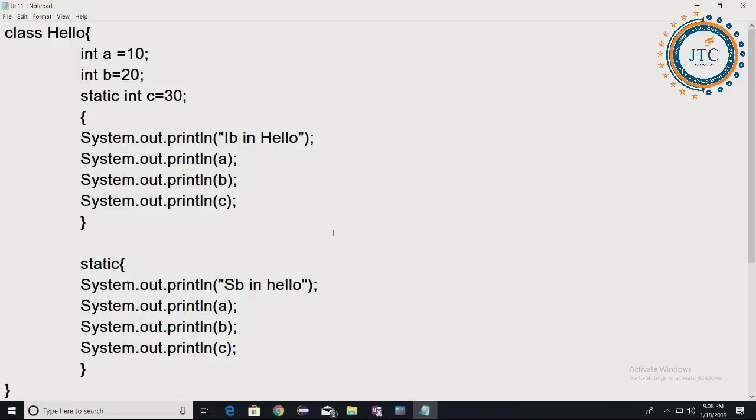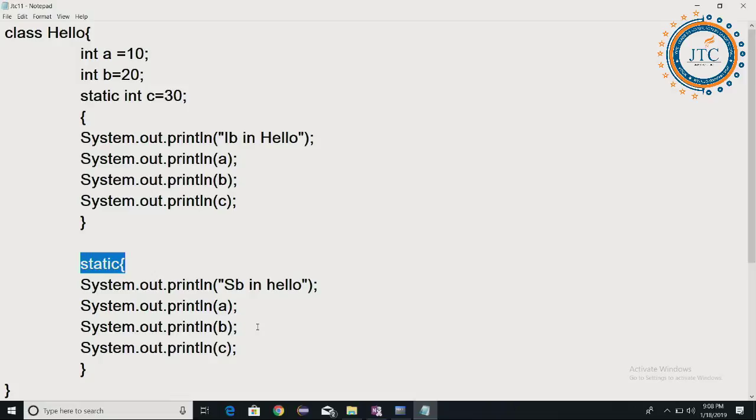If not loaded, then while loading the class, the very first thing it is going to do is allocate the memory for the static variables of the class, and after that the static block is processed.